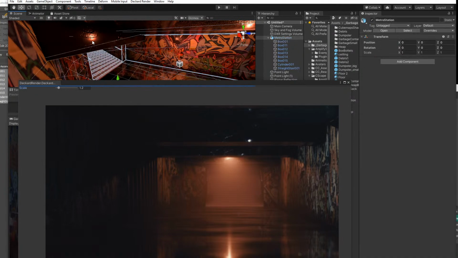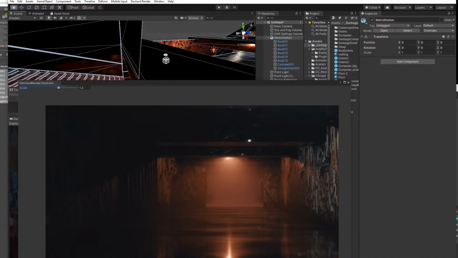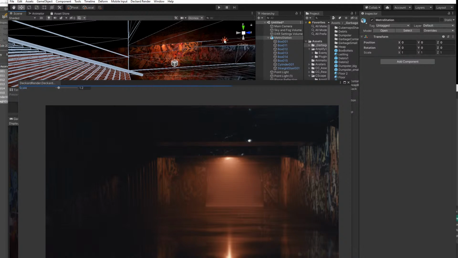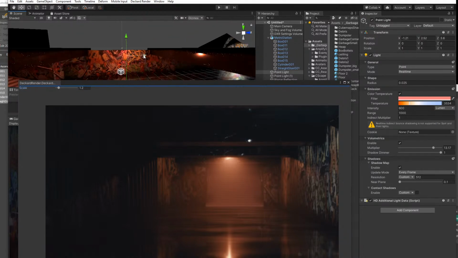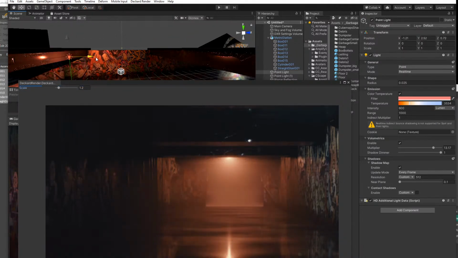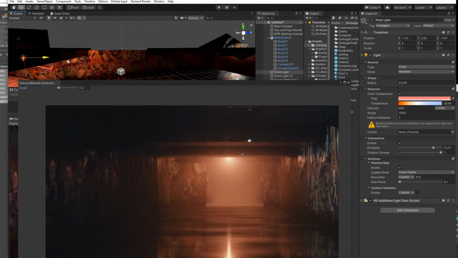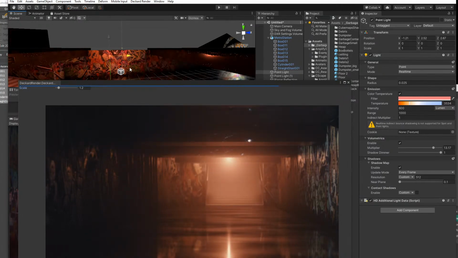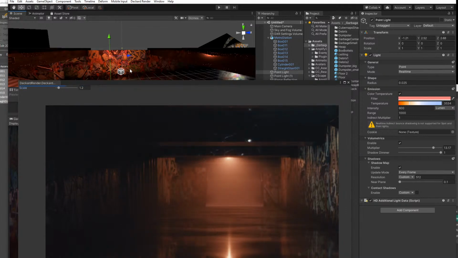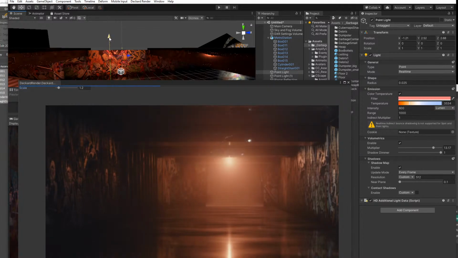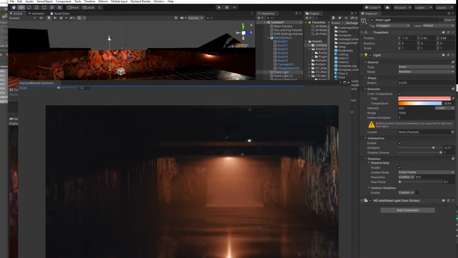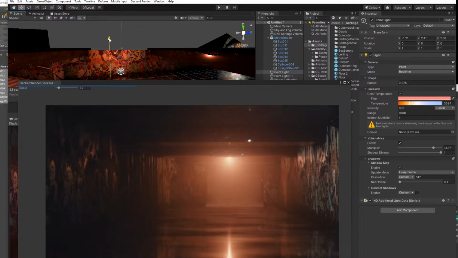you'll see here that I have a point light, but actually this shouldn't be a point light. It's always better to avoid point lights when you really don't need them, and just use them more for a moment of creation, because it's easier to use them and to see how light behaves. But then again,